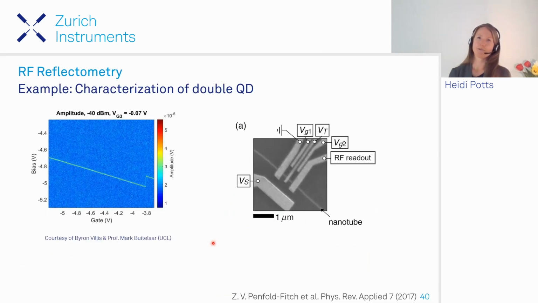Finally, I want to show a real example of such a measurement. This is kindly provided to us by Brian Willis from UCL. This is based on a carbon nanotube where a double quantum dot has been defined. And here you can see an example of the measurement. This is the reflected amplitude as a function of two voltages. And in the reflected